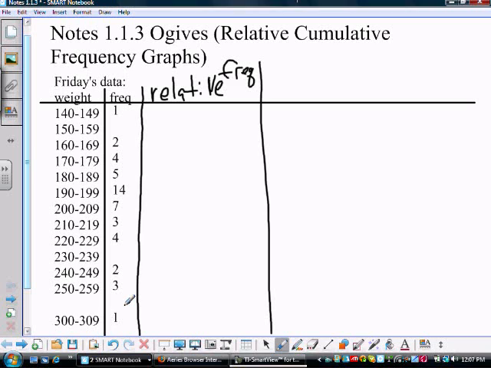So it's 46. Can we verify? Add 1 plus 2 plus 4 plus 5 plus 14, and so on. 46. Okay, so my relative frequency is going to be 1 out of 46, which as an approximate decimal, because we're going for percentage,